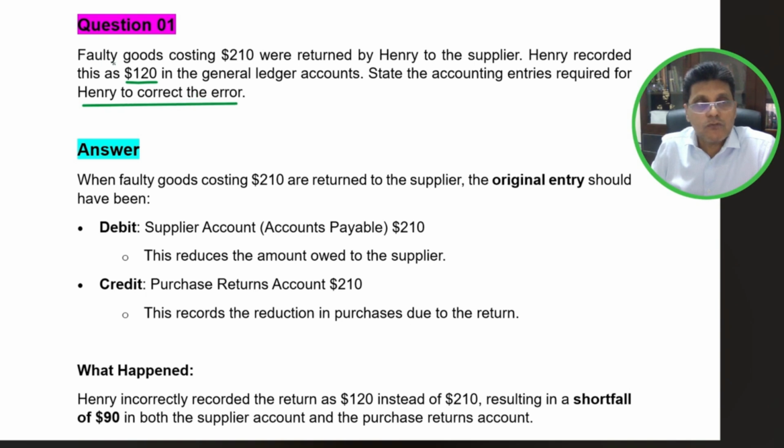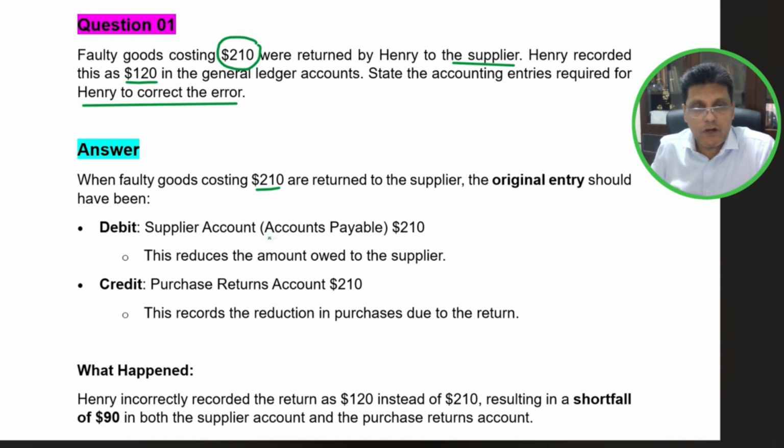Okay, so faulty goods costing $210 were returned by Henry to the supplier. However, Henry recorded this particular return as $120 instead of $210. So what should have been the correct entry? When faulty goods costing $210 are returned to the supplier, the original entry should have been the supplier account or